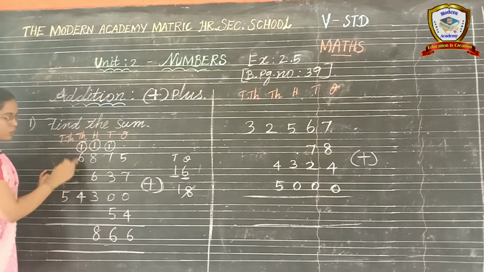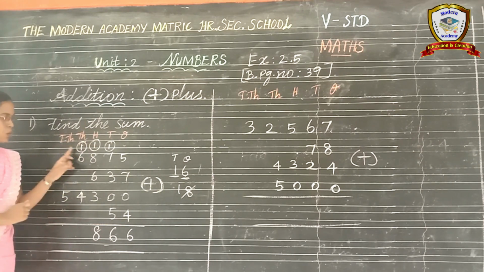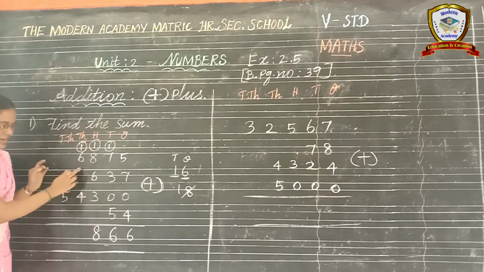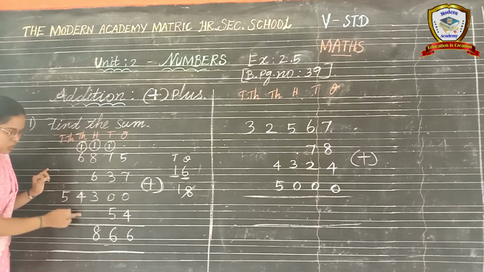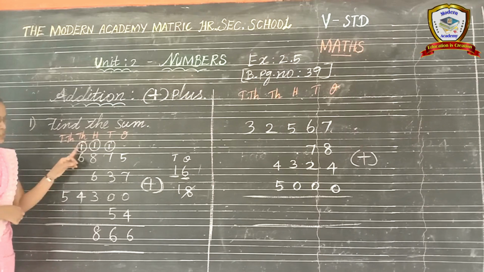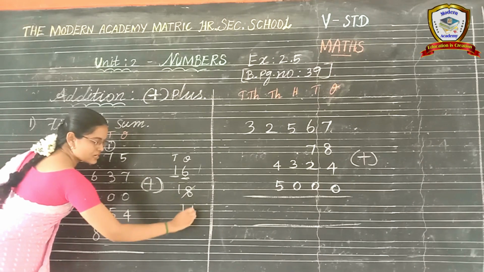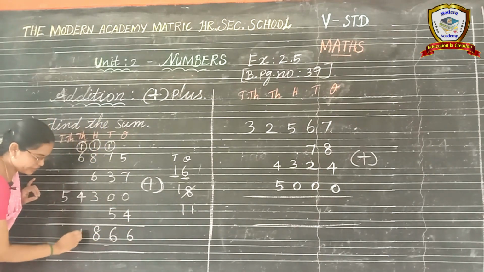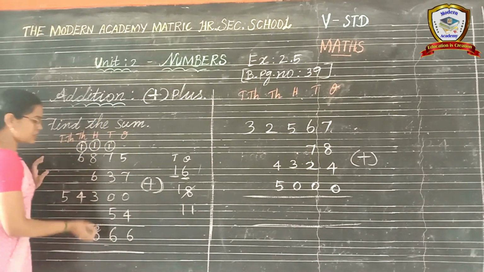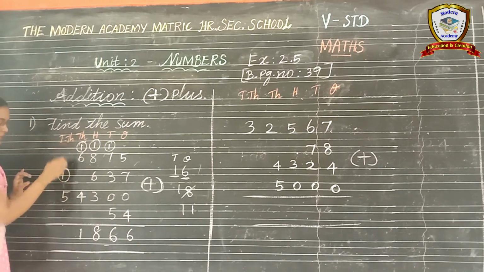Okay, now we have to add these numbers. 1 plus 6, 7. There is no number here. Here also not given any number. Okay, so 1 plus 6, 7. 7 plus 4. 7 in the mind, 4 in the fingers. 7 after, 8, 9, 10, 11. So ones number is 1. So we can write down. Next tens number carry over to 10,000 place.